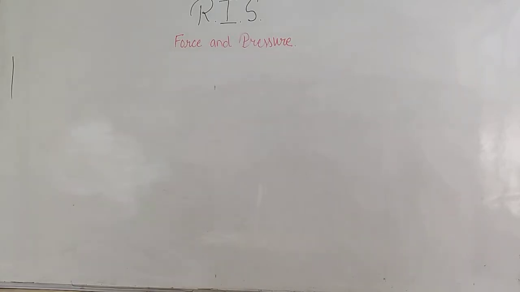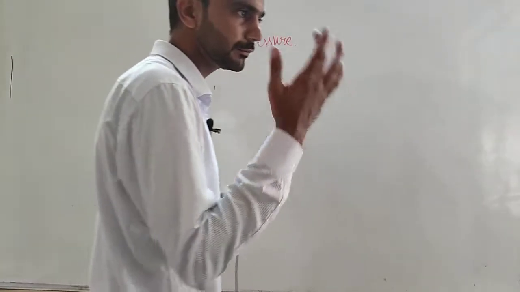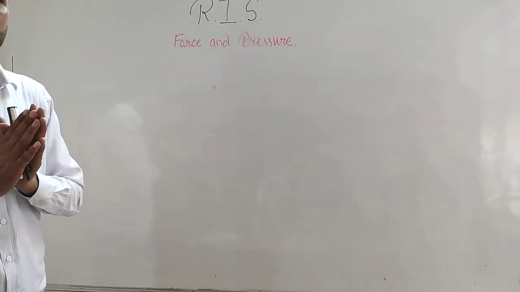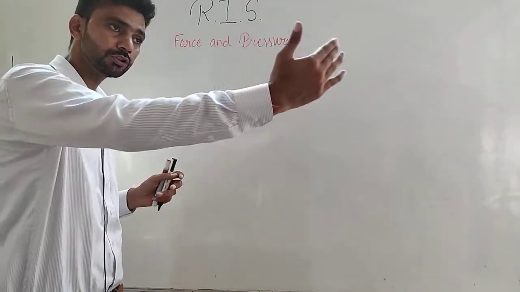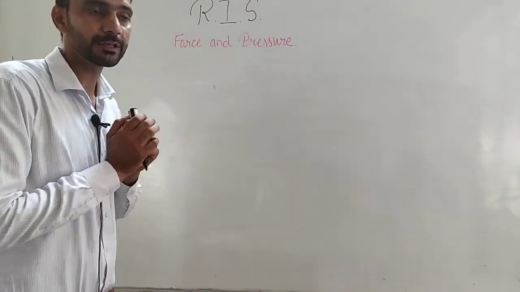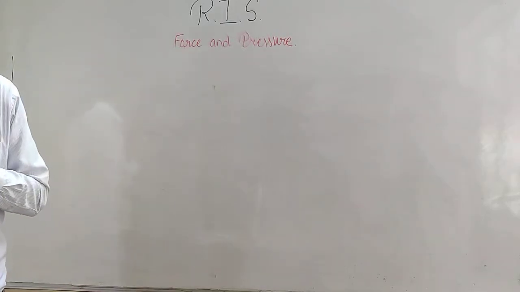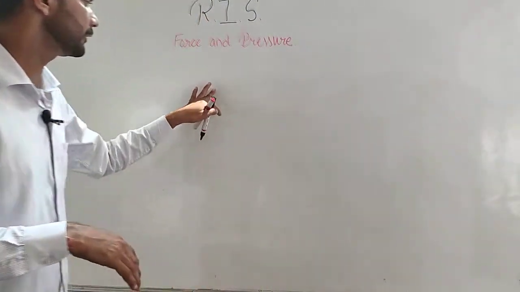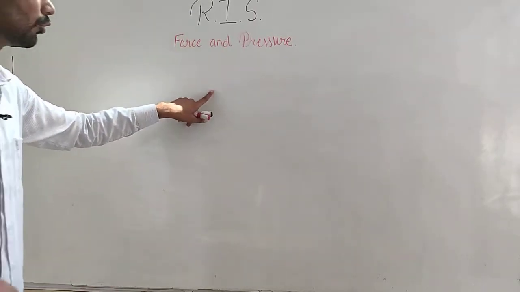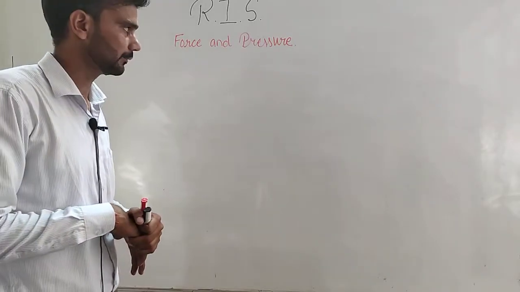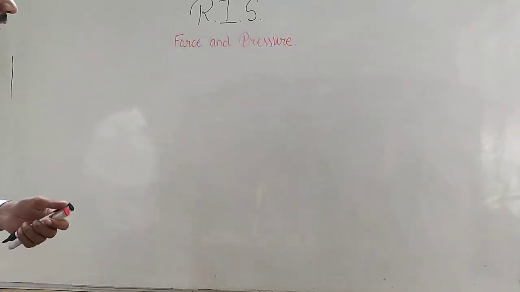But if the air is blowing, means if wind is blowing, at that time it is difficult to ride the bicycle. Why does this happen? Because air exerts pressure on us. So when air exerts pressure, the speed will reduce. It is difficult to move or ride the bicycle. But when no air is blowing, at that time it is easy to ride the bicycle. Related to air pressure, we have one more